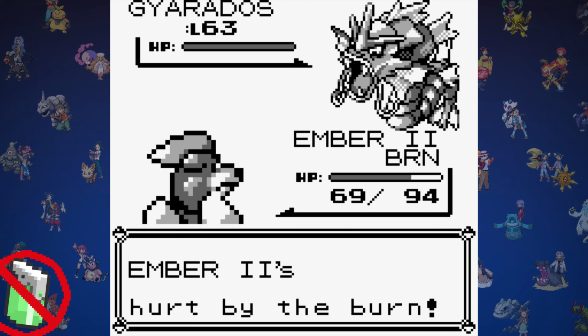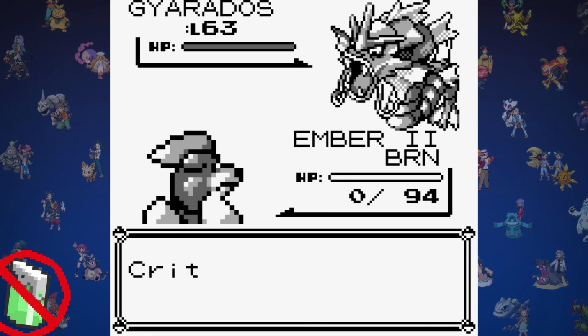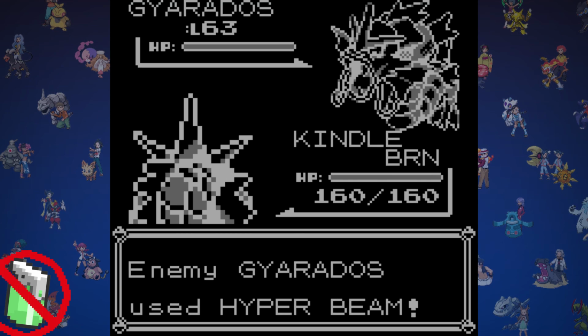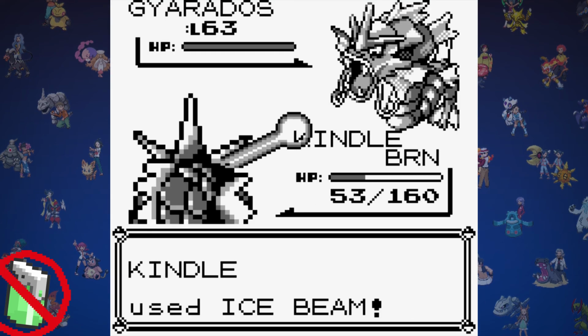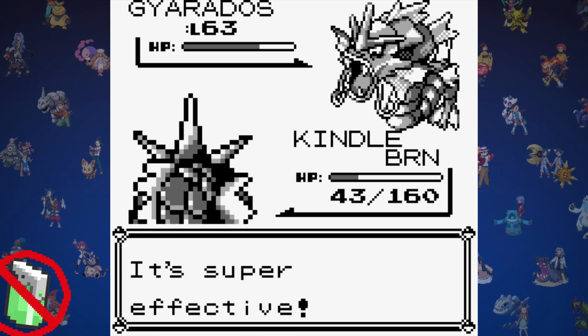This isn't looking good, I only have one more potion left. All it takes is one attack to knock out Ember. That's fine, it did what it needed to do. Gyarados' Hyper Beam hits hard, as our Ice Beam does next to nothing. It has to recharge on its next turn, so we hit it with another Ice Beam and get extremely lucky